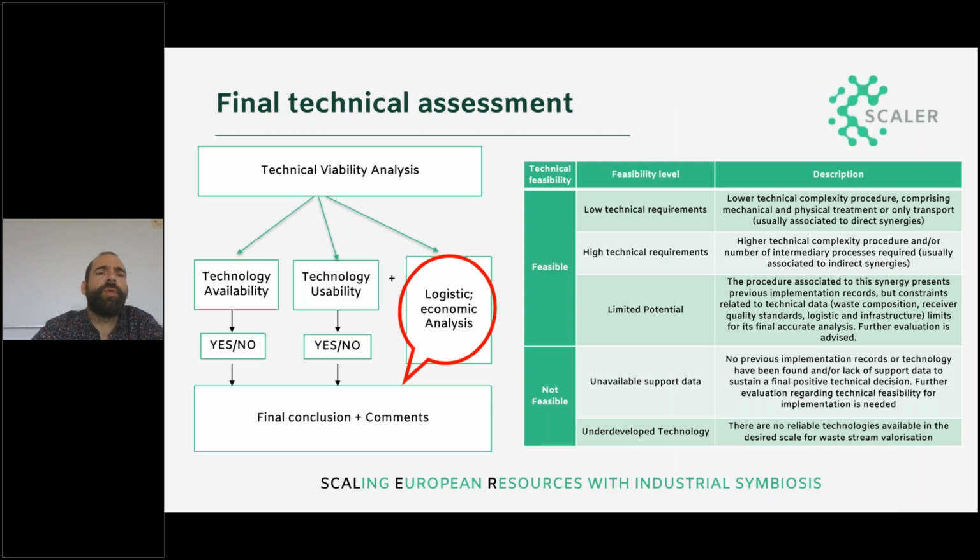Once we have made this full characterization of the presented variables, we look for a final decision on the technical viability analysis. So pretty much we evaluate if the technology was available in the market from the previous information sources. Later on, we analyze if the technology is already implemented at large-scale industries. Okay, and we complement this with the logistic and economic analysis that I previously presented. So the final conclusions